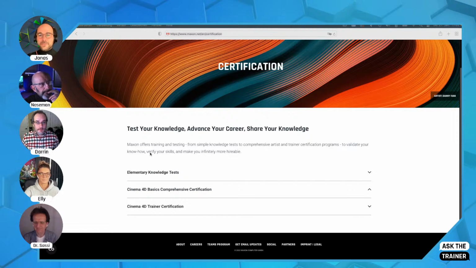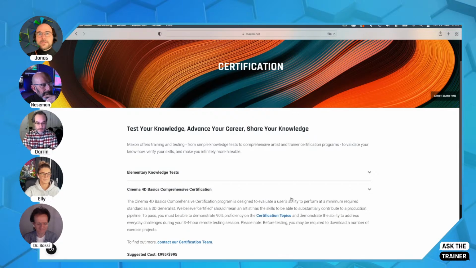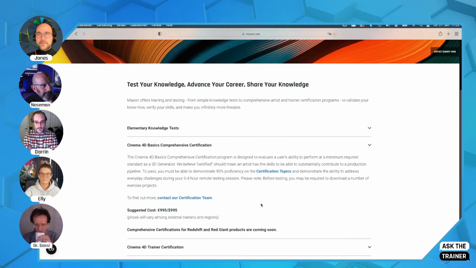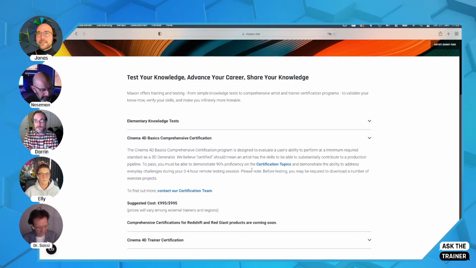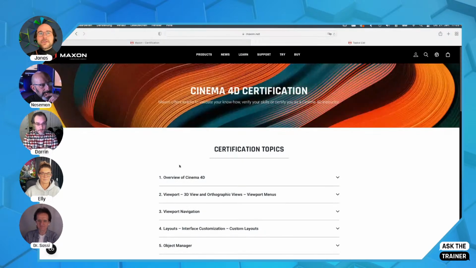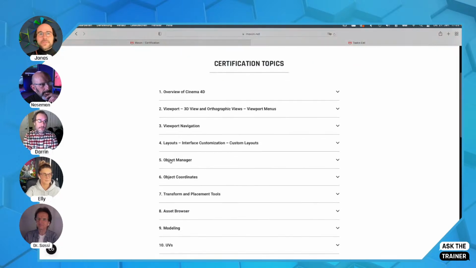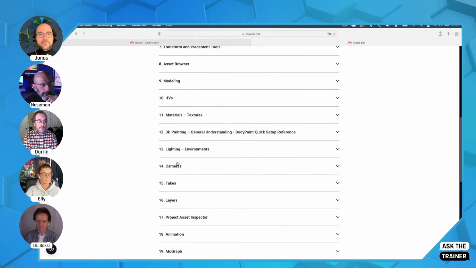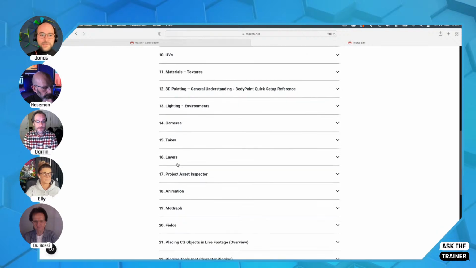And yeah, let me just show you how you can get to this list. I'm on the Maxon certification site here. It's maxon.net/certification. And if you go to the Cinema 4D Basics Comprehensive Certification and unfold that, you will find out a little bit of what it is about, and you will find this list of certification topics if you click that. So here is the whole list of topics that we defined to be useful for our certifications